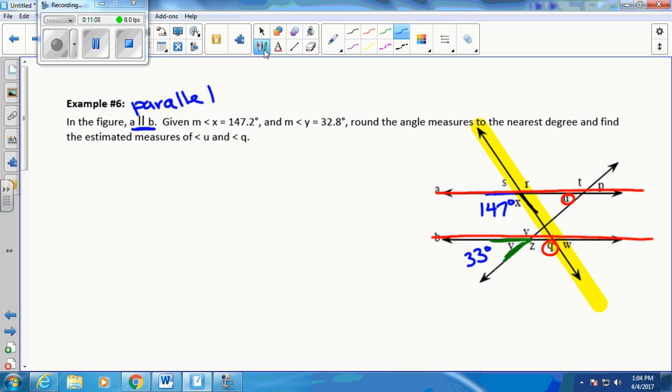And if I look at X, that is also on the left side of the yellow line and below one of those parallel lines. So I'm going to say that angle Q is 147 because it's corresponding